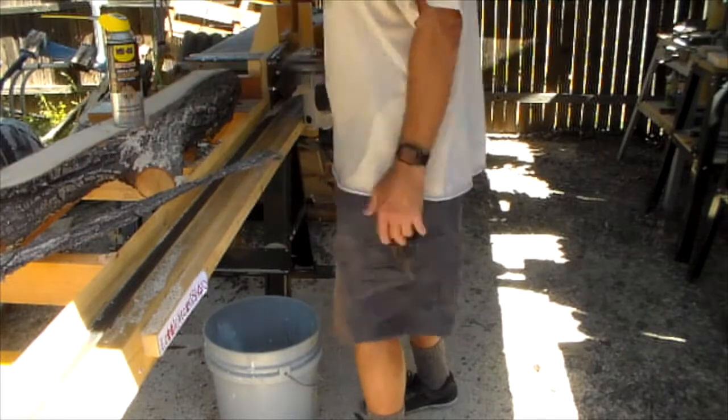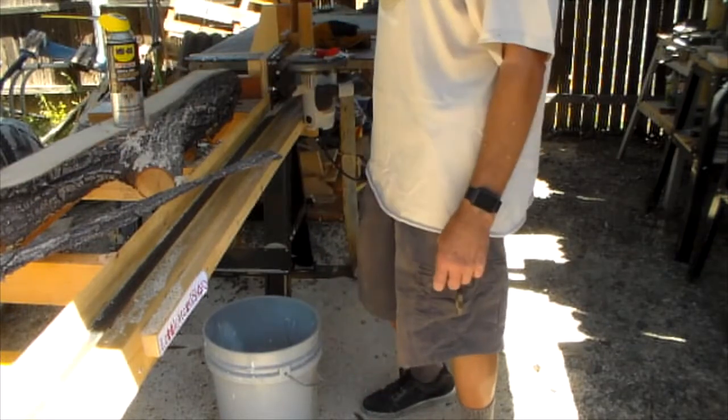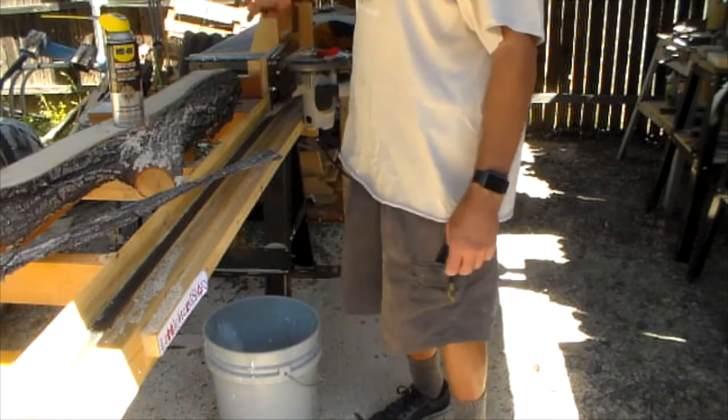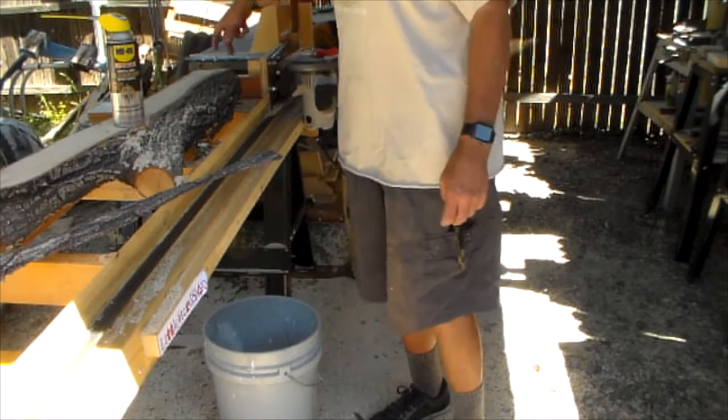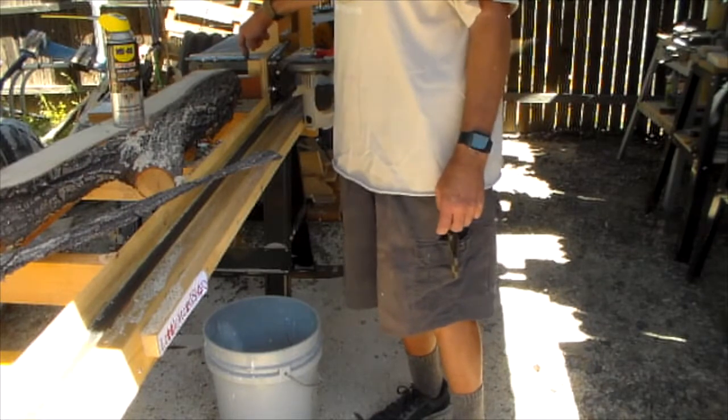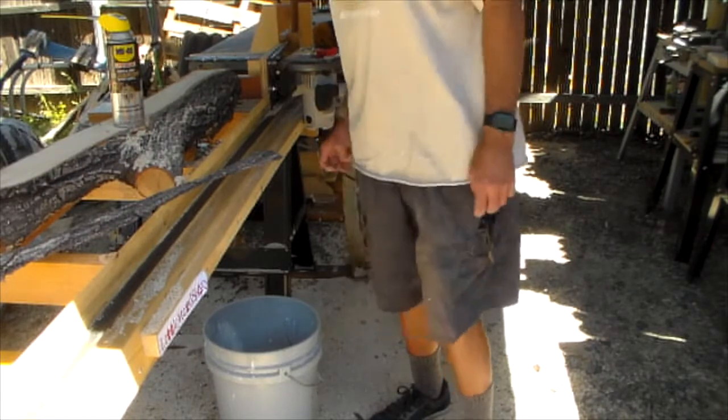These sawhorses were wobbling around, so we'll get this thing now, and probably do a follow-up here soon, because I'm going to finish this blade off. I've got to change it. I have a bar that's 3 inches longer that fits on the saw fine. These are the standard bars, and I had a chain made properly fitted, so we'll be giving that a try. We'll get an update video on that. But for now,